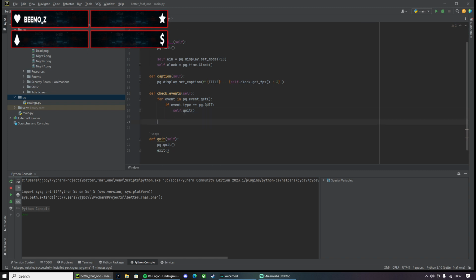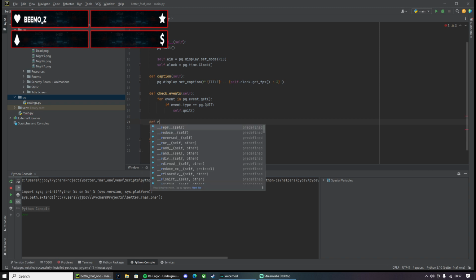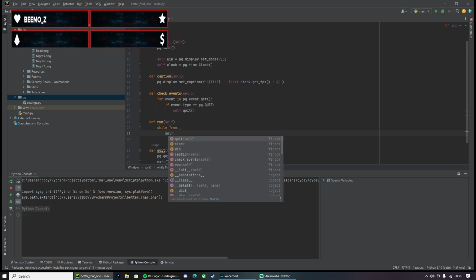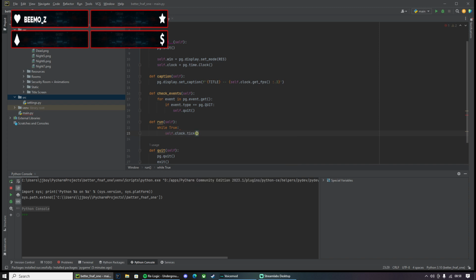What's the other stuff we need? We need the main loop, or we'll call it run. That will be the main loop, the game loop. And this will have in it self dot clock dot tick, so you can have as much FPS as you want, but it will still run at the same speed, if you kind of understand.